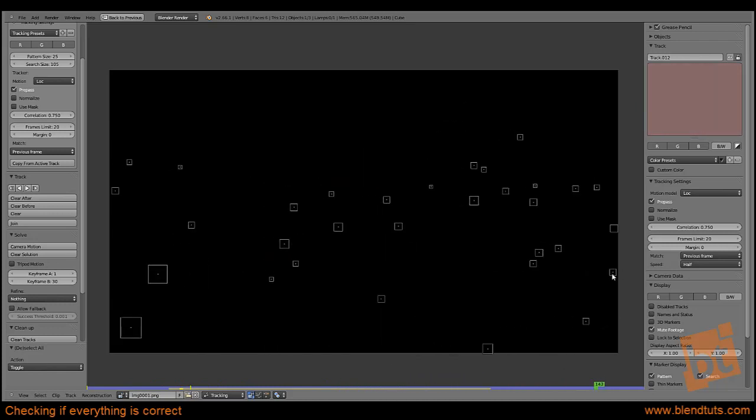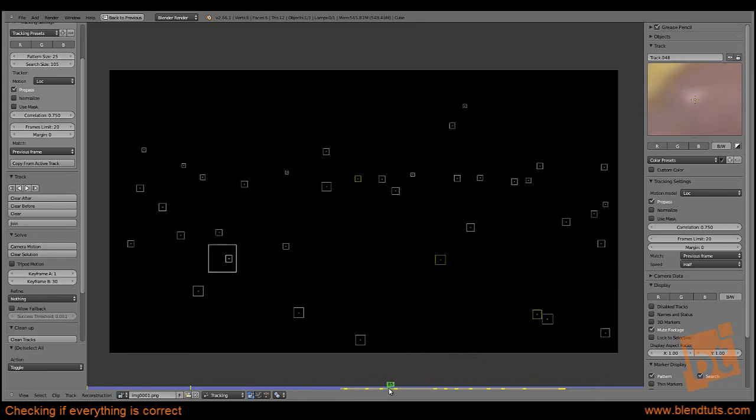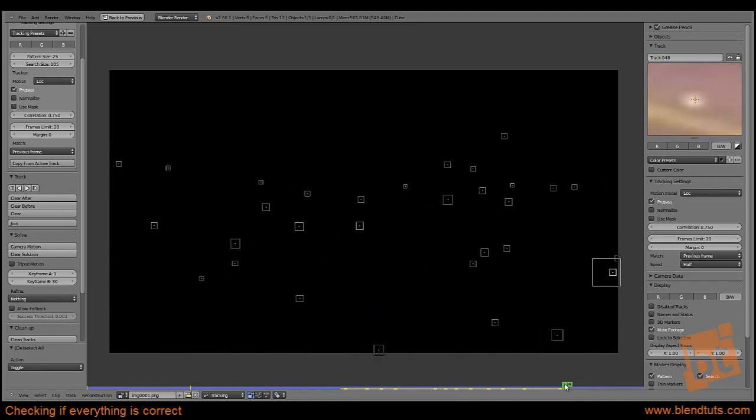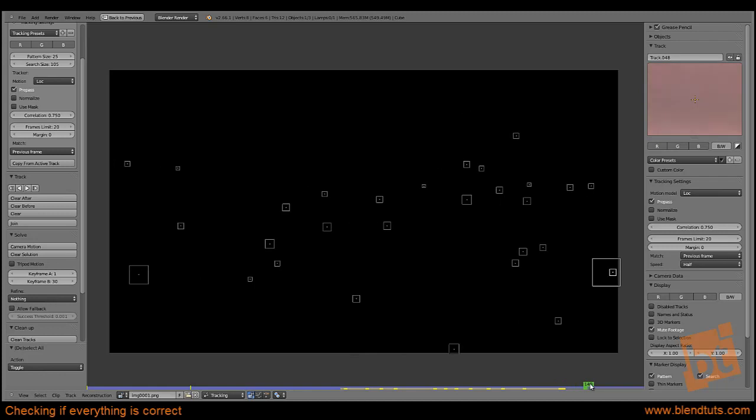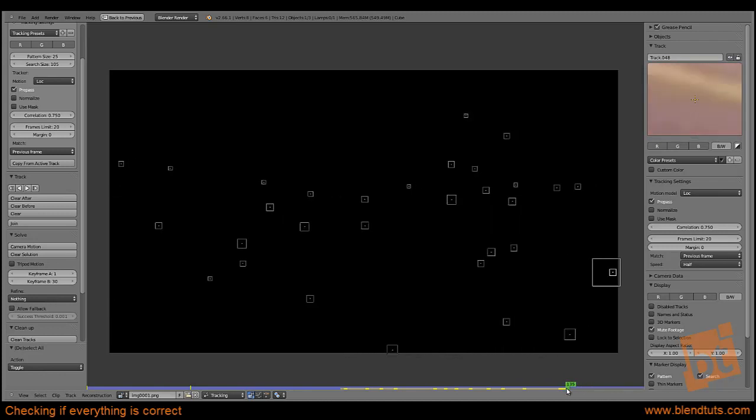Move it. There we are. As you can see, this tracker is tracking a point, and when it reaches the border of the image, it's still tracking, and it's giving Blender wrong information. We need to go to this frame, which is the first one that we have no information about the feature this marker is tracking. Press Shift D